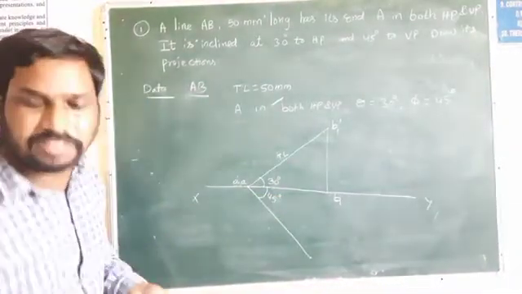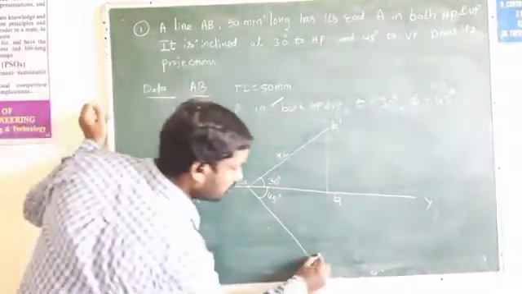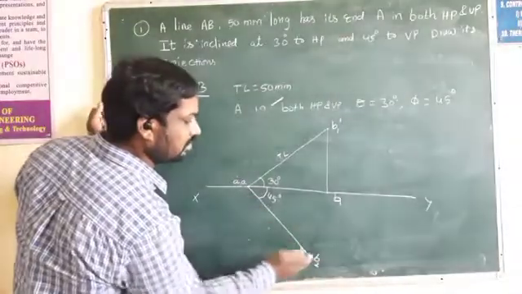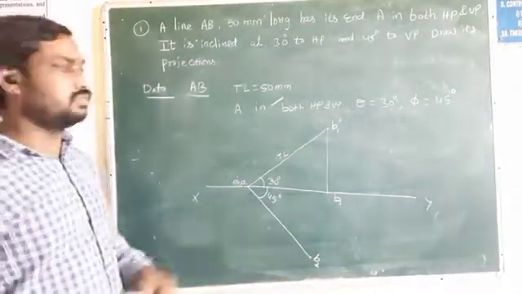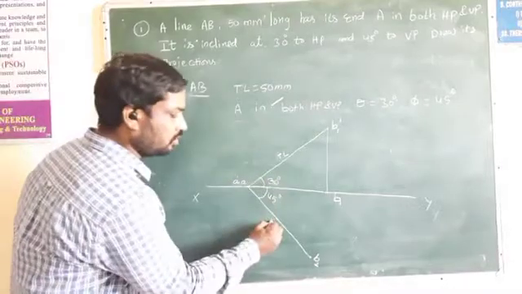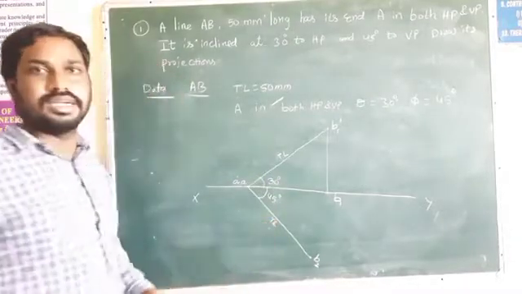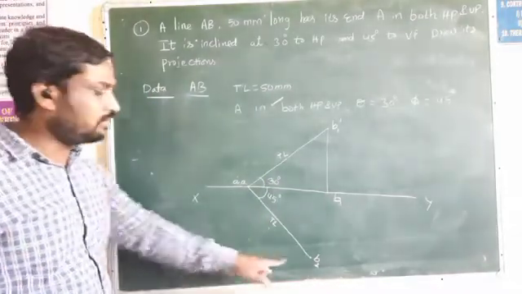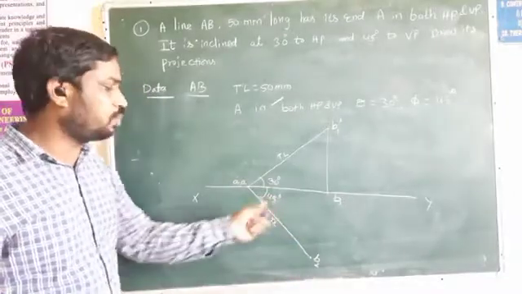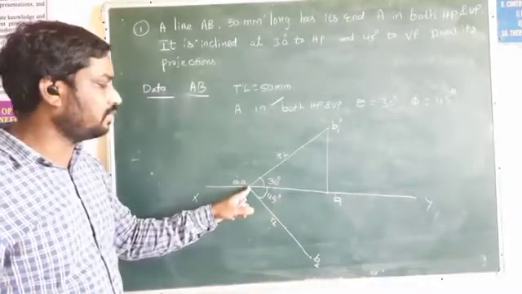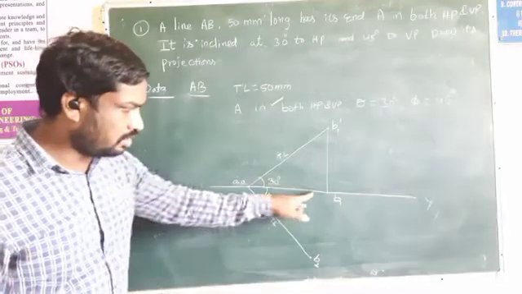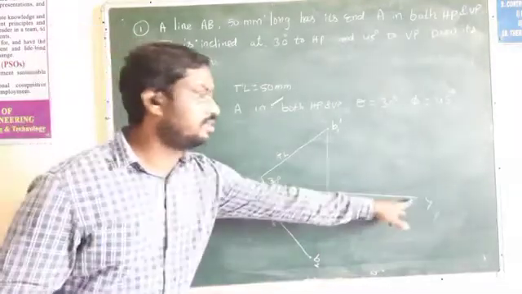Now what is this point? This is the ending point, we can take it as B2, and this length should be equal to 50 mm. This is also a true length. Now draw the projector line from the B2 point. Where is the point A dash? Here. Already we have drawn and extended this line, that is the XY line.